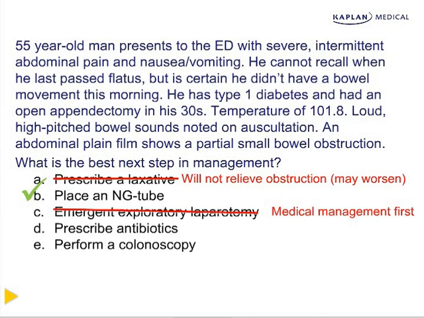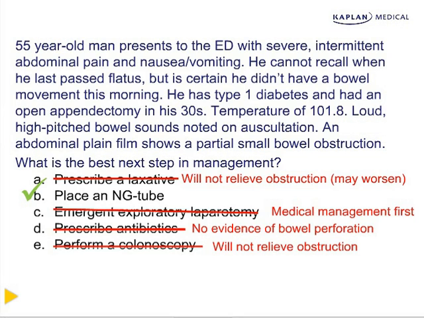While surgery may ultimately be necessary, especially if the obstruction progresses to a complete obstruction, it is not yet indicated in this patient who only has a partial obstruction and has not yet tried medical management. Antibiotics would be warranted if the bowel perforates, but we have no reason to assume that it has at this time. And finally, a colonoscopy would not be able to relieve an obstruction in the small intestines and could make